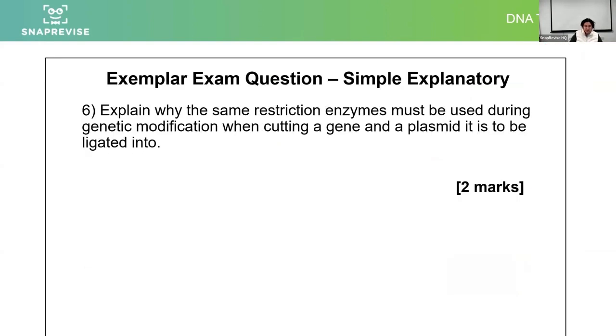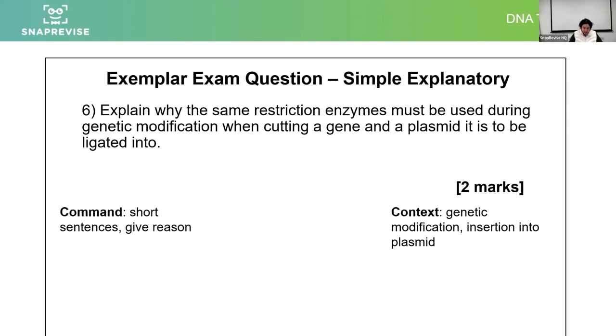The same restriction enzyme, example section, sorry. Explain why the same restriction enzymes must be used during genetic modification when cutting a gene and a plasmid. When a gene and a plasmid, sorry, is to be ligated. So my context here is genetic modification. My command word is explain. However, it's only worth 2 marks, so it's going to be a short explanation. And my direction is that I am going to discuss the importance of how restriction enzymes cut DNA. Take a minute to